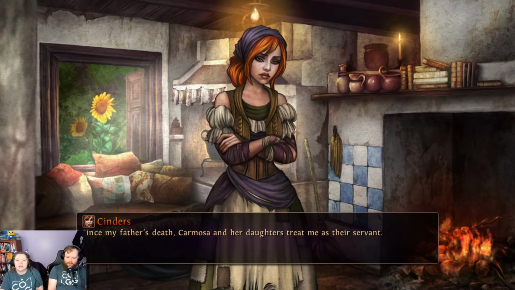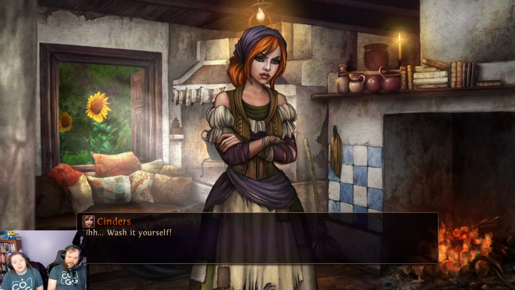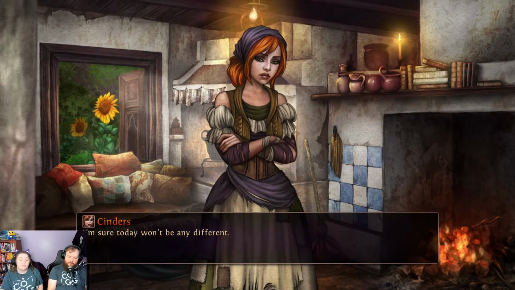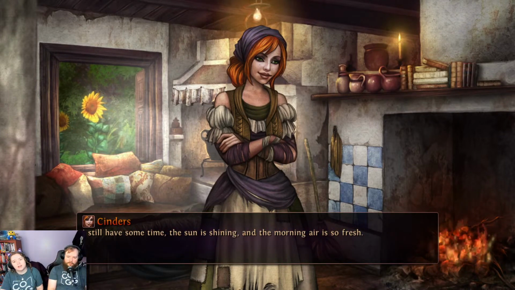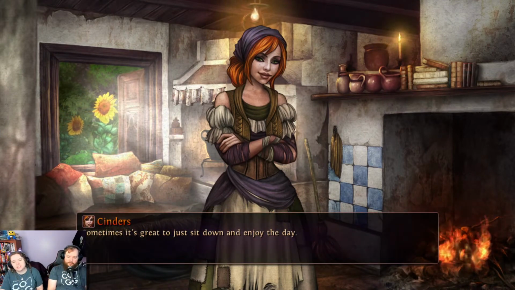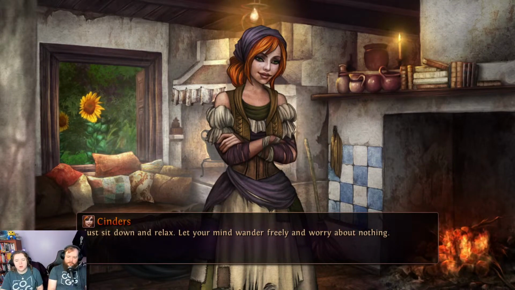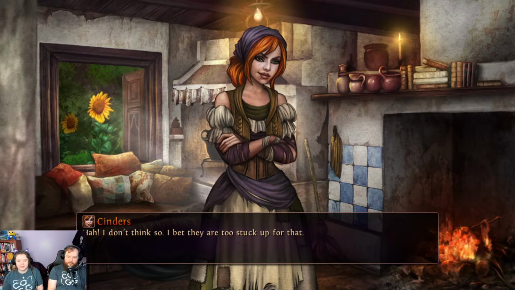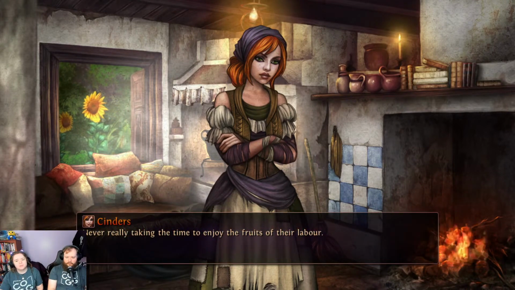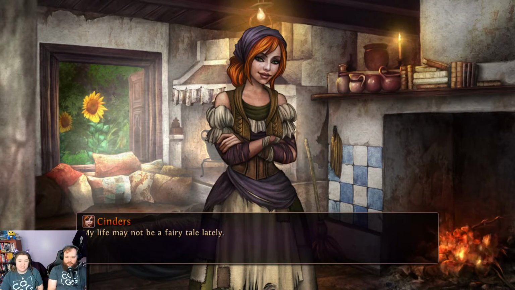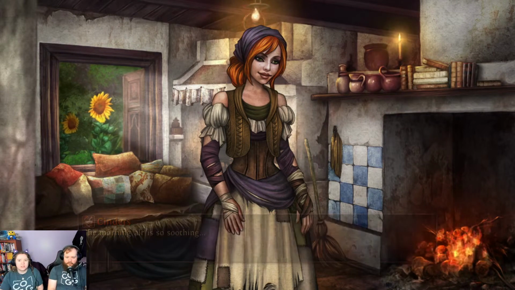Since my father's death, Carmosa and her daughters treat me as their servant. Cinders, do the cleaning. Cinders, go to the town. Cinders, why isn't my dress washed yet? Ugh, wash it yourself. I'm sure today won't be any different. Not yet. Still have some time. The sun is shining. Morning air is so fresh. Sometimes it's great to just sit down and enjoy it. If Carmosa and my sisters can still sit down and relax, your mind wander freely and worry about nothing. I don't think so. I bet they're too stuck up for that. They're always busy trying to prove or gain something. Really taking time to enjoy the fruits of their labor. My life may not be a fairy tale lately. It's good to know I have something they can't take away. Morning air is so soothing. I think I'll take a